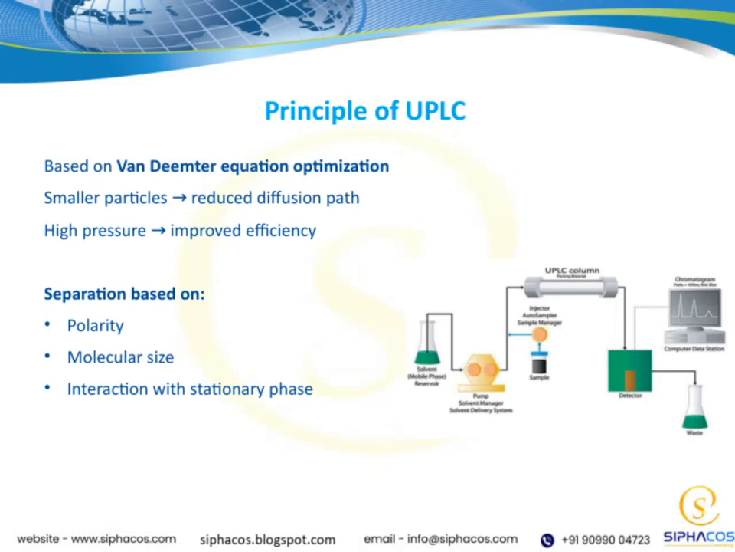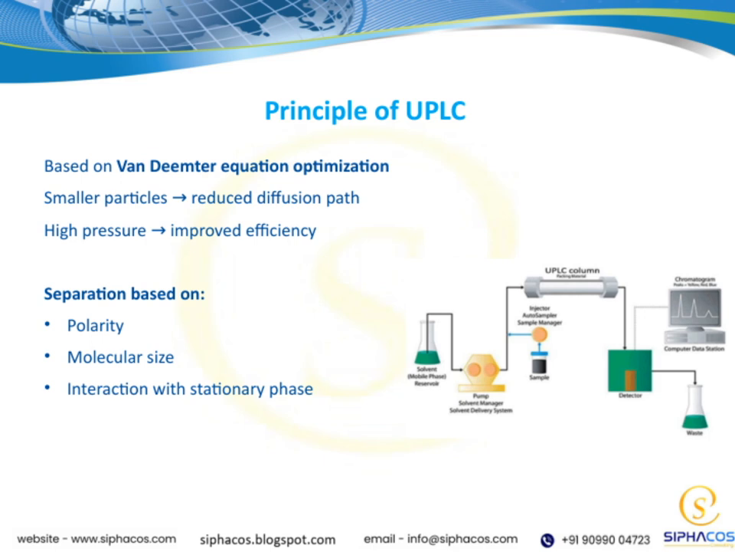Let's take a closer look at the principle of UPLC. It's primarily based on optimizing the Van Deemter equation, which helps us understand how to achieve better separation efficiency. One key aspect is the use of smaller particles in the stationary phase. Smaller particles create a reduced diffusion path, meaning molecules have less distance to travel, which improves resolution and speeds up analysis. Another important factor is applying high pressure. By increasing the pressure, we can push the mobile phase through the column more forcefully, which further enhances the efficiency